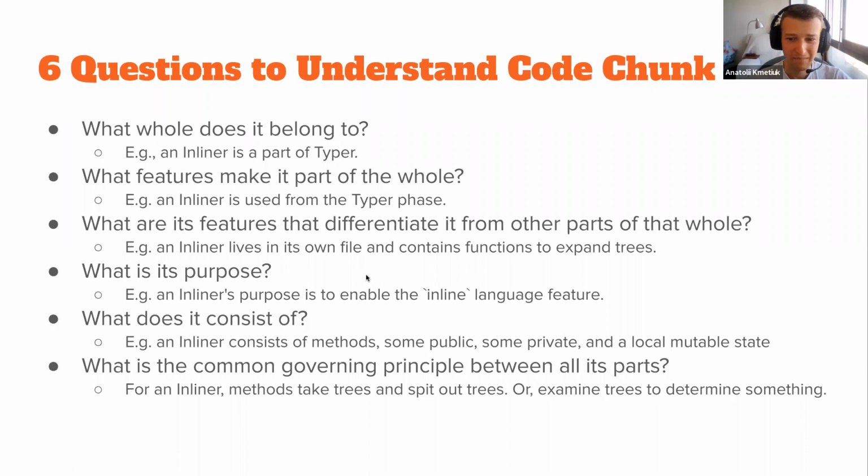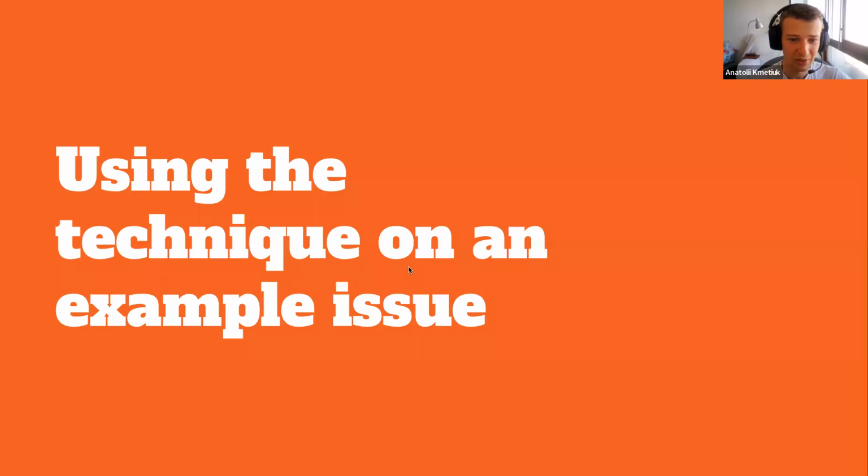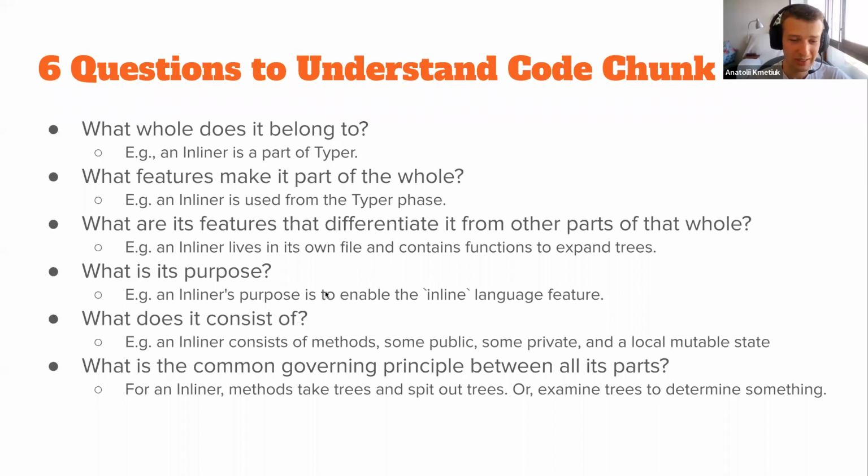Okay, so if there are no other questions, maybe we can try using this technique on the sample issues that we have just described. One caveat before diving into the code is that we are going to jump the levels of abstraction here. We are going to start maybe with the line that triggered the error. Then we are going to widen our scope of attention to a wider area, and work on that wider area, trying to understand it as a whole and forget about the line until we understand